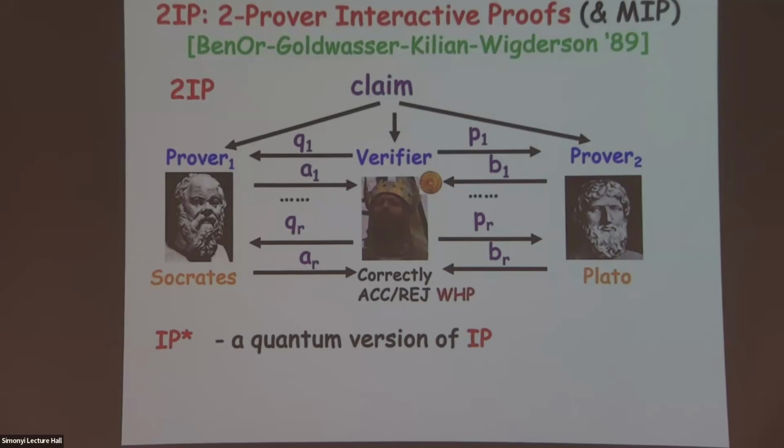We go even further. Why allow only probabilistic entities? We have quantum computers. Why not allow quantum proof systems? And they were defined, like for example, IP star is a quantum version of the one-prover system. And there are multi-prover systems which are also quantum. And we are playing these games and trying to understand the power of these proof systems. And I think one, again, fundamental and very big understanding of the field is that we know exactly the power of all these proof systems